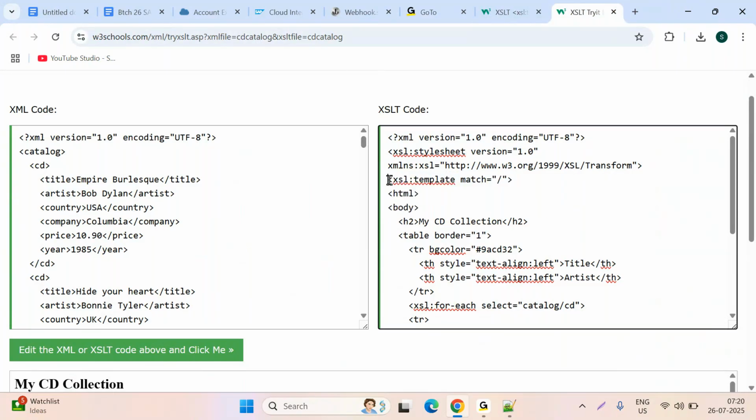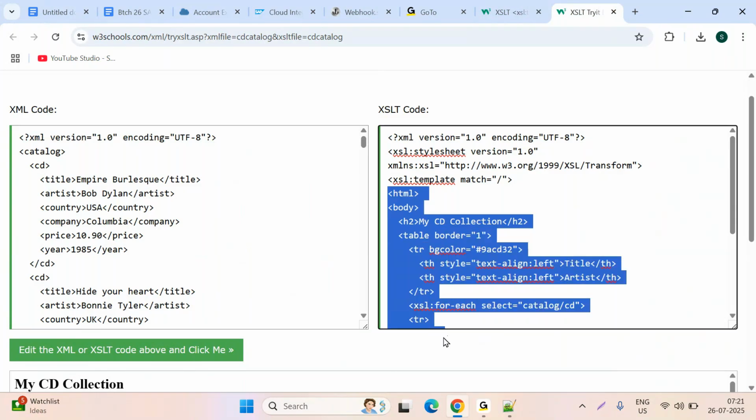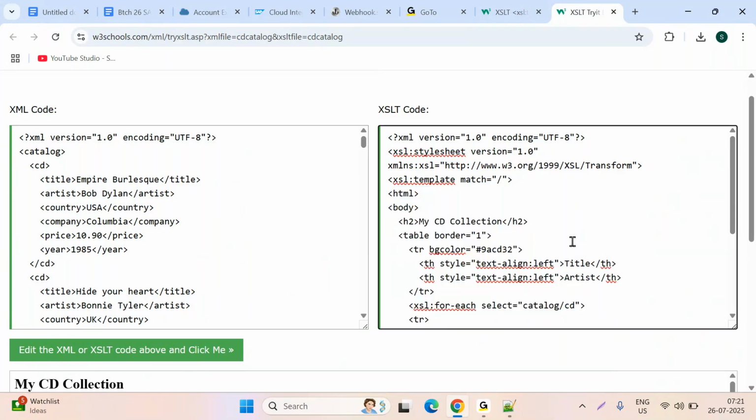Now here you can see this is the template, right? When we are writing any template here, this template will start here, and inside of this we are creating the output. Whatever output you want, that template we are writing here. So here what I'm trying to do is,